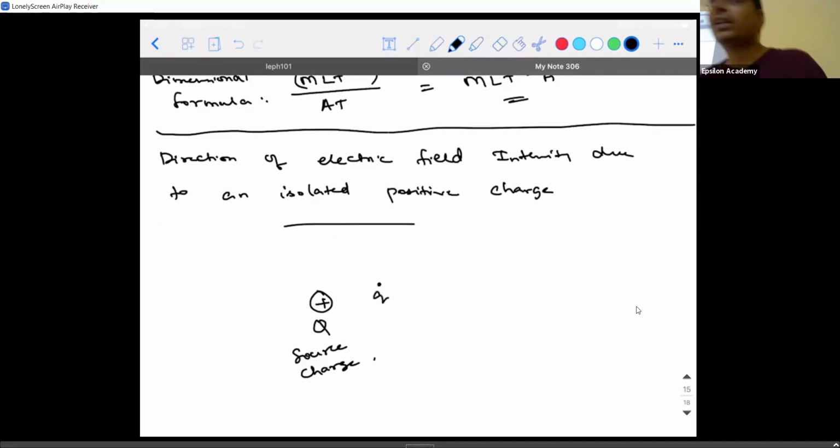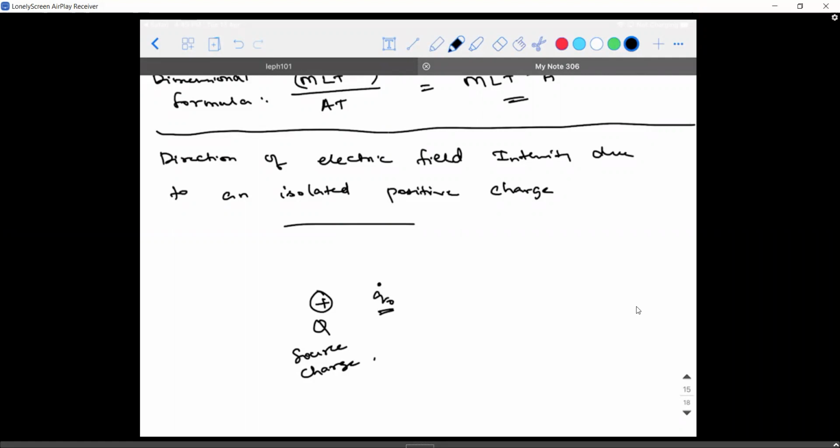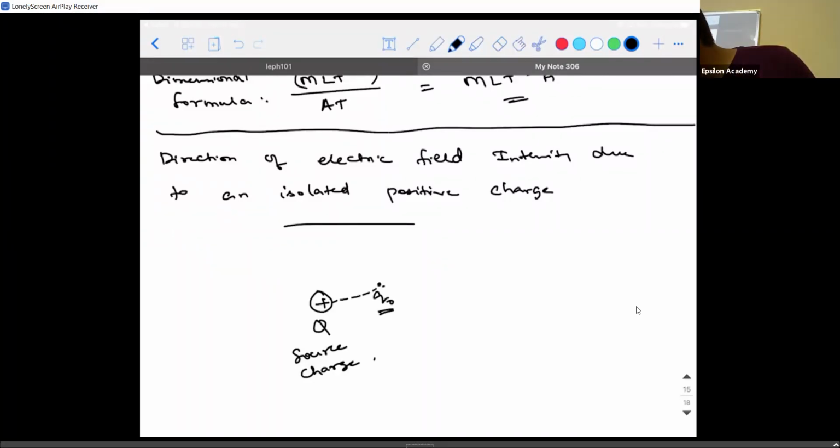I bring the test charge, and what is the definition of direction of electric field? Tell us. Whatever is the direction in which the test charge will start moving due to the effect of the source charge will give you the direction of electric field intensity of whom? Of the source or test charge? Of the source charge, right? So due to the positive charge, when I say test charge, by default it is positive. Will this test charge move away or will it move towards the source? It will move away along the line joining both the charges. So this is the direction in which it will experience a force.